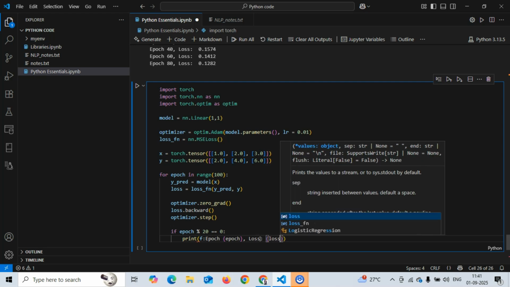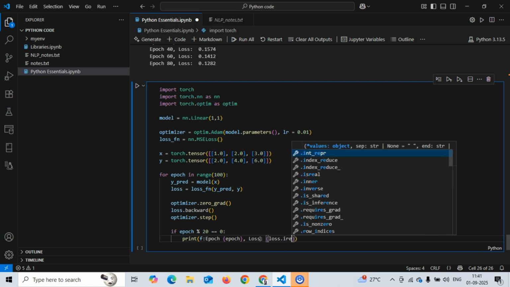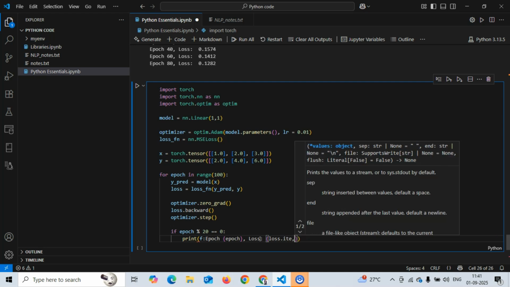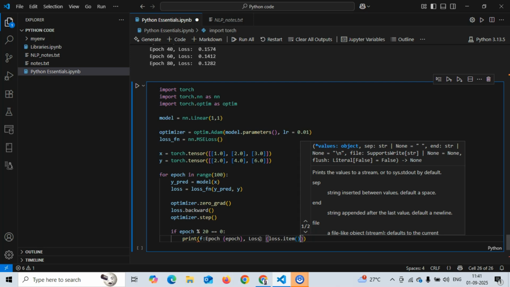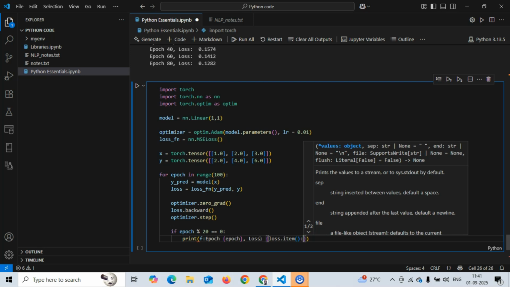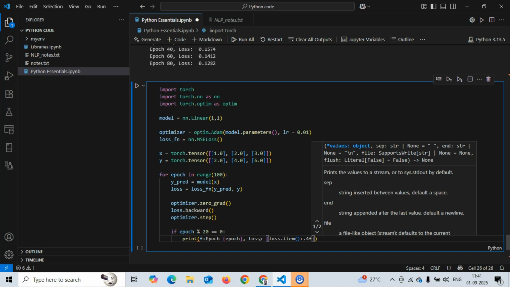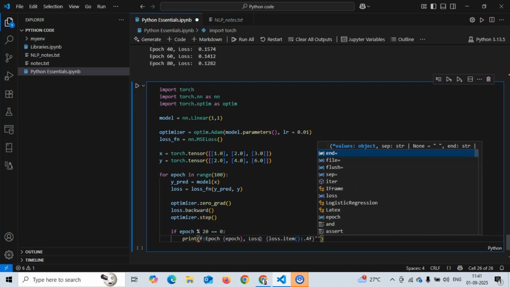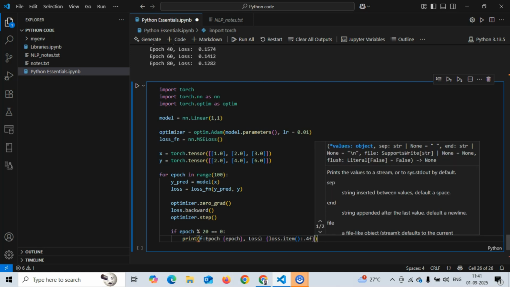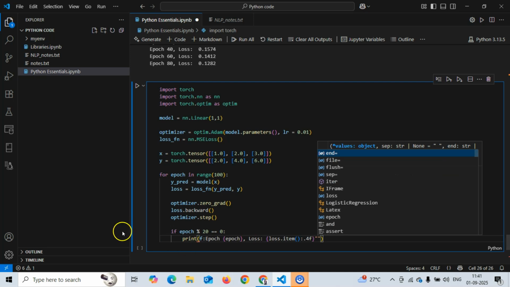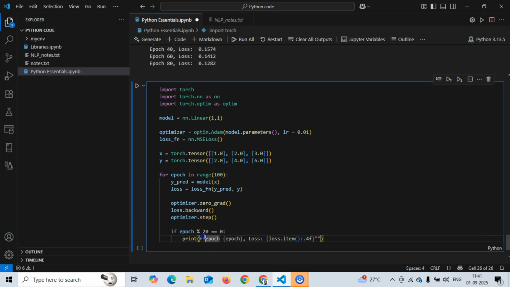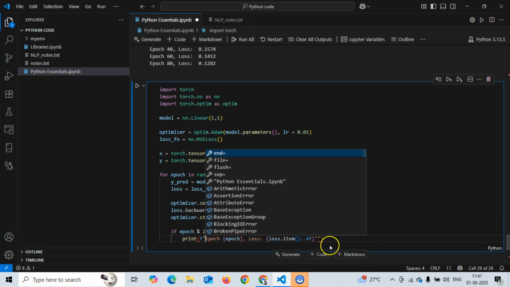So we pass loss.item. Perfect. And here we want our loss to be printed to 4 decimal places. Because of that, we are using 4f. Okay, so I think this error is happening because I missed this. Perfect.